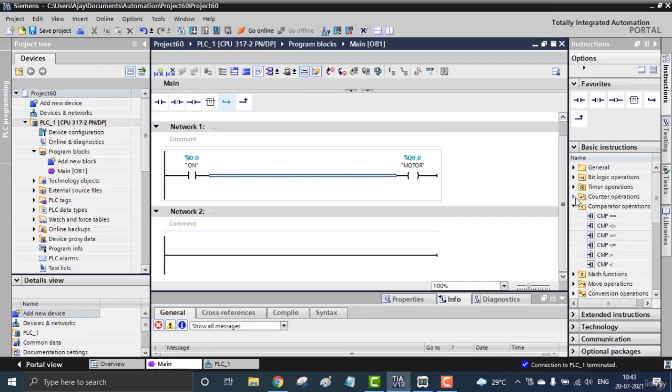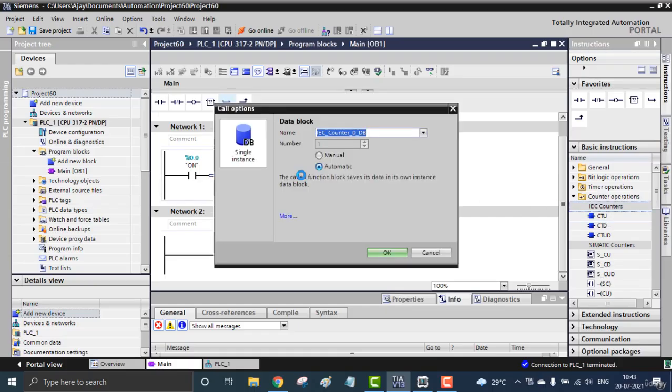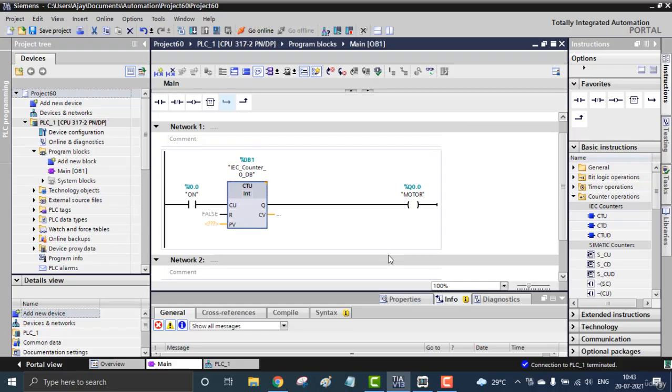So we can go for the first IEC counter, that is the IEC counter. You can see CTU, count up. Let's see what is the difference between the normal counter and the IEC counter. In the normal counter we were given so many things. Here you can only get the PV. I'm giving it simply, I don't have to give C#5 or anything. Just simply give 5. That will be taken. That is a preset value.